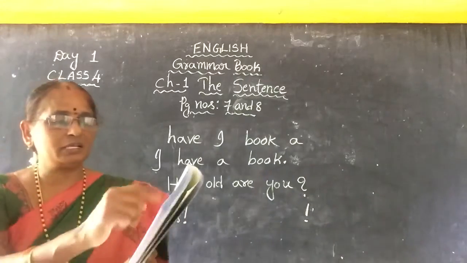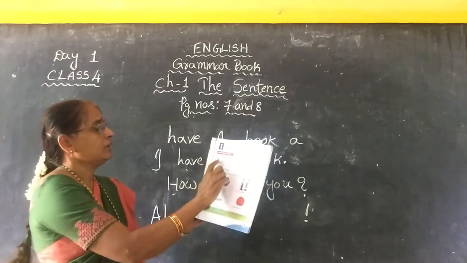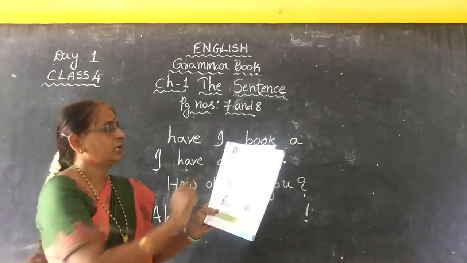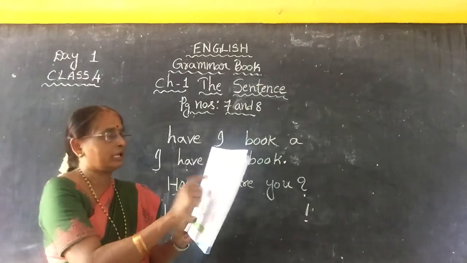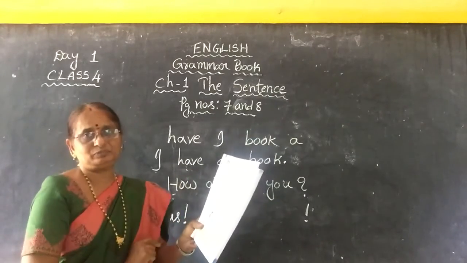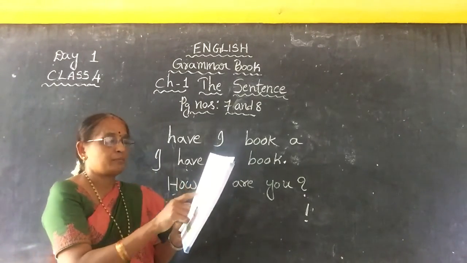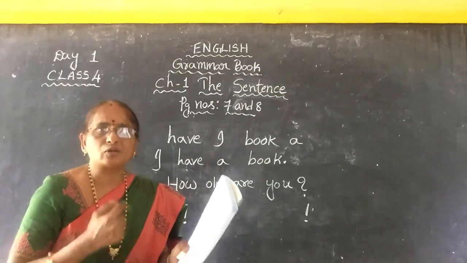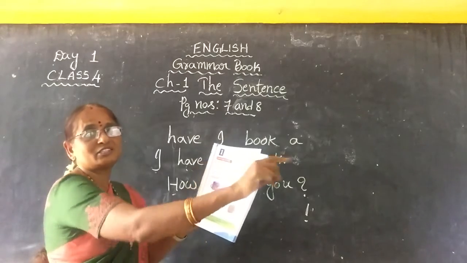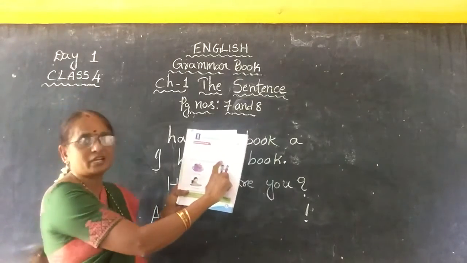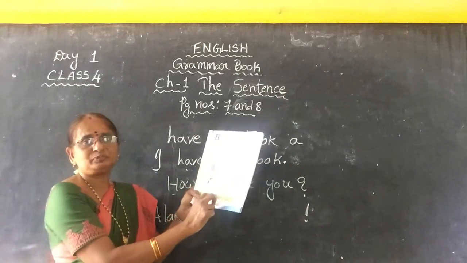So now take your English grammar book, page number 7. See here they have given A, B, C, D. Actually groups of words: have, where, A, I. Meet us, let tomorrow. Orange and is fruit A. Wrote a letter I. Here they are asking us one question: do the groups of words make sense? Yes or no? No. Why? Because these groups of words were not arranged in a proper order. So you have to write no in this blank.